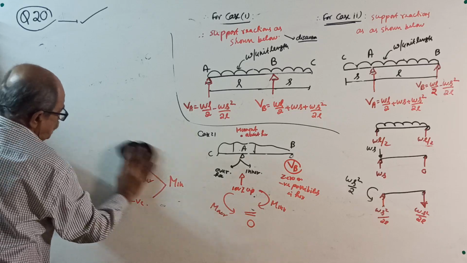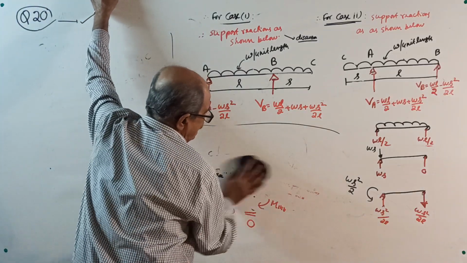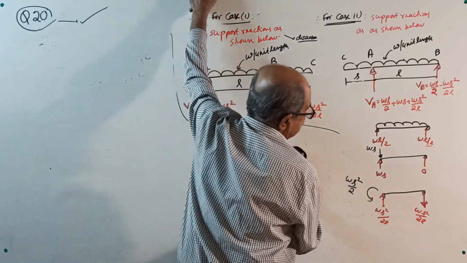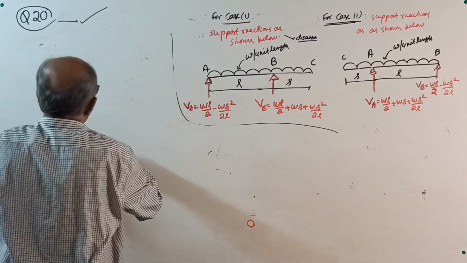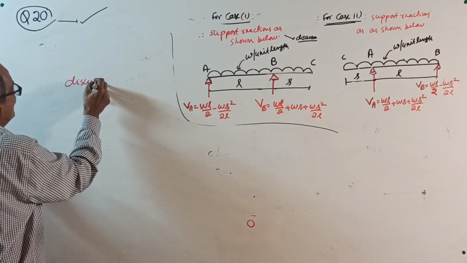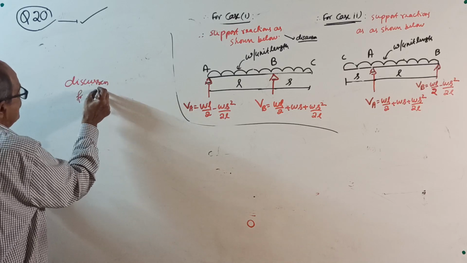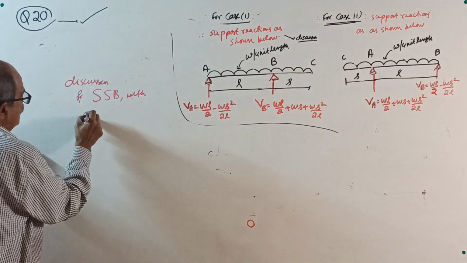Okay, now come to our UDL case. This I explained already. Now come to the particular case. Now discussion for a simply supported beam with overhang